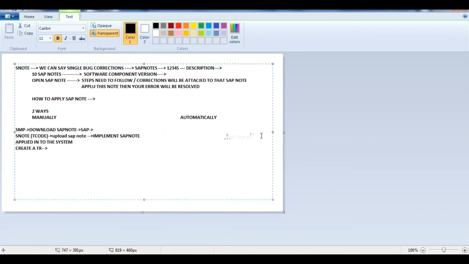Once we open the OSS message, what will SAP do? Whatever public IP address you have given, they will maintain it in their SAP router, because every customer will have a SAP router and SAP also will have a SAP router. Got my point? Yes. So whatever public IP address you have provided, they will maintain that IP address in their SAP router route tab. Then they will give you their SAP router details via OSS message. Got it?